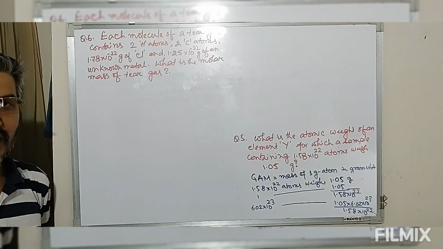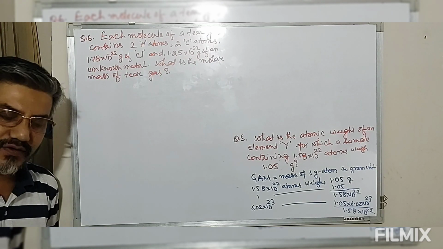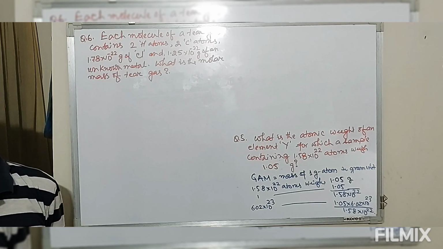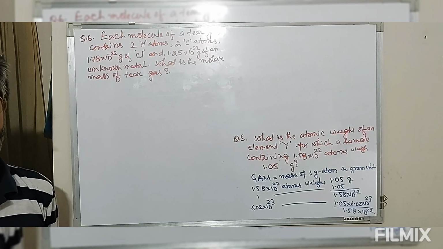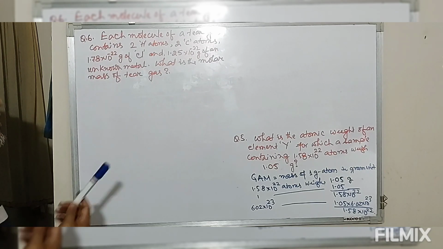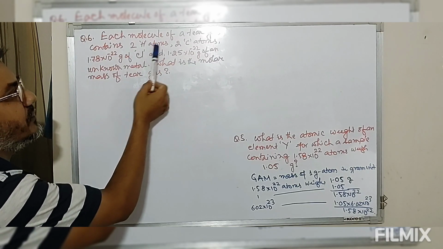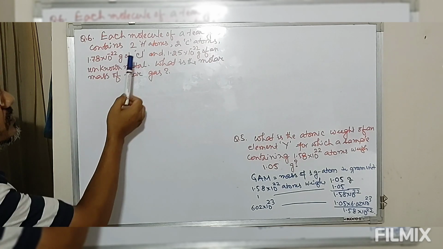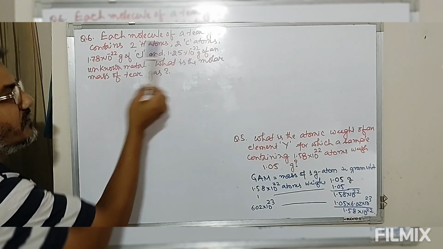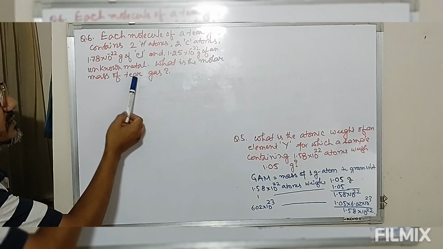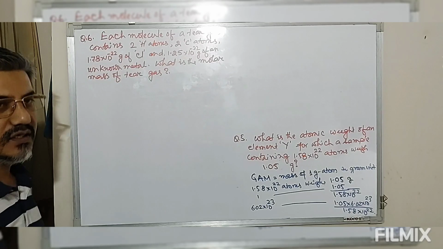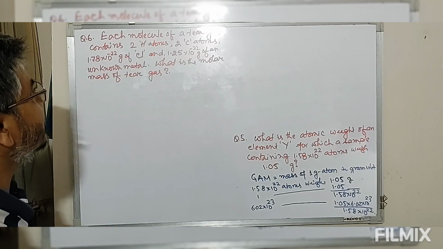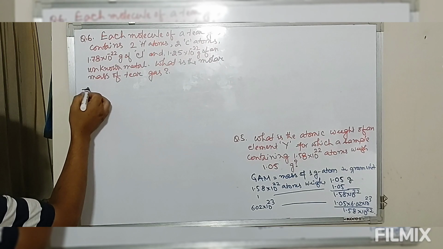So to define the molar mass of the compound, we need to have how many atoms of different elements are present, how many kinds of different atoms are present in a given molecule. That means we have to define the molecular formula. We already know the number of hydrogen atoms, we already know the number of carbon atoms, but we don't know the number of chlorine atoms and the number of this metal. So we have to find the metal as well as chlorine, but their masses are given. So from this mass we have to convert into number of atoms.